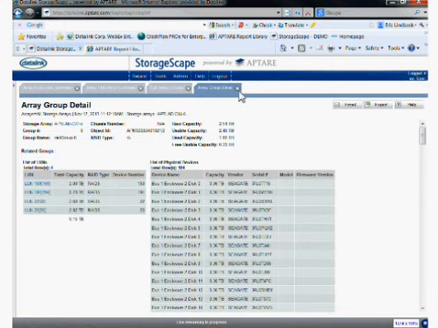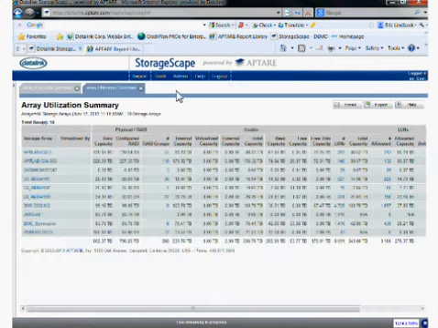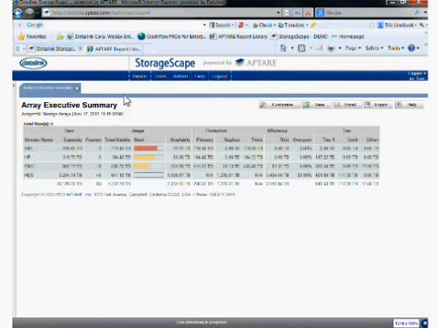Let's close out a couple of these tabs. Go back to the array executive summary for a second. There's a lot of customization that you can do purely within this GUI. Now, there come times, of course, when existing reports can't be customized to get you what you want. And that's where we'll step in, communicate with us what you need. We'll look to see if we can customize anything for you, or if need be, we can create from scratch